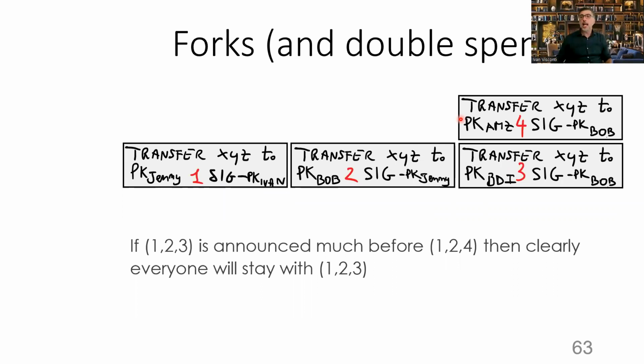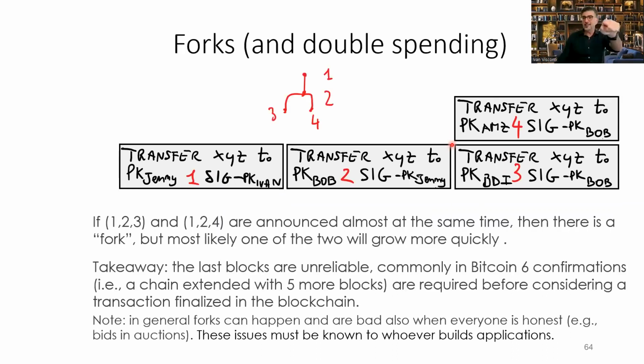Okay? And this is the fact that the chain is splitting. It's a chain until block 2, and then it splits into block 3 and block 4, as in this picture, as you can see. It's called a fork. Very good. So this is possible. It is a mess. It is scary, but